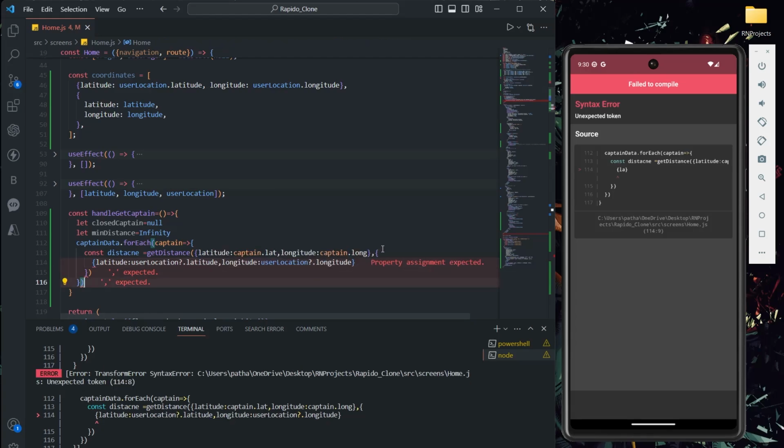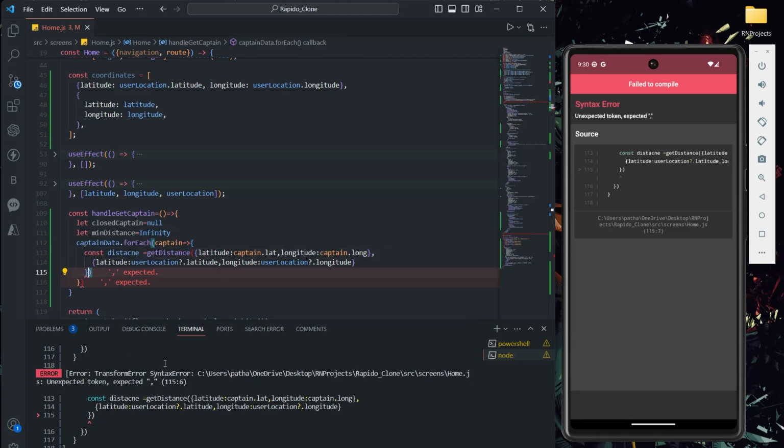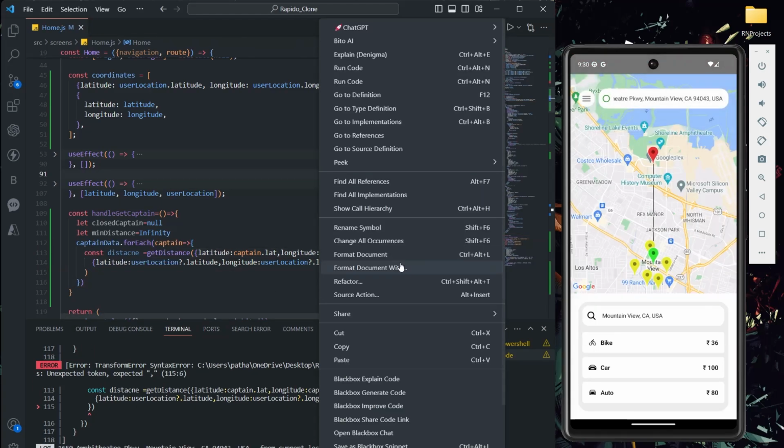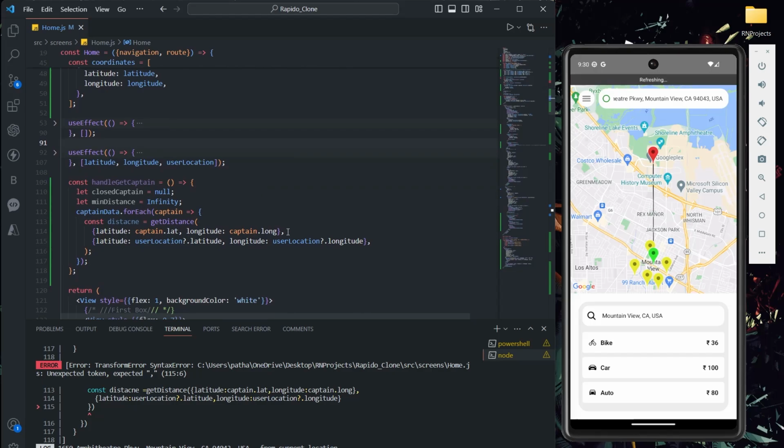That's it. There is some error, let me format this and I'll explain.